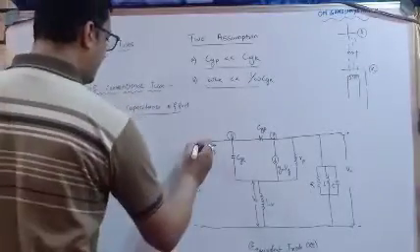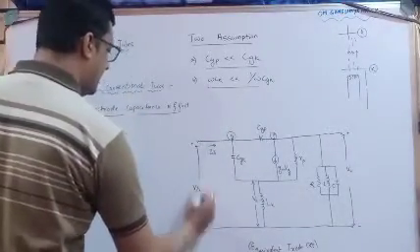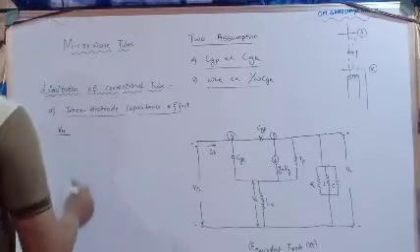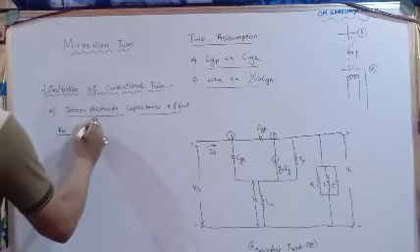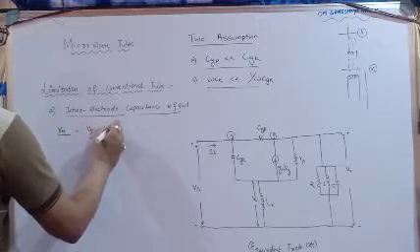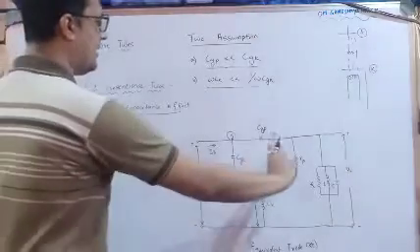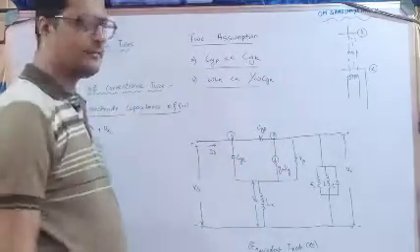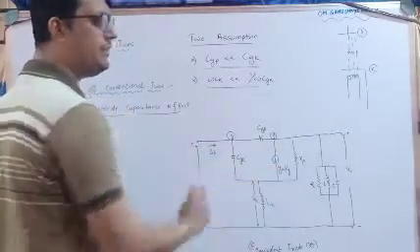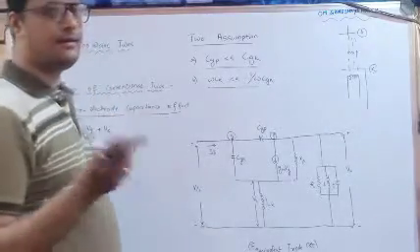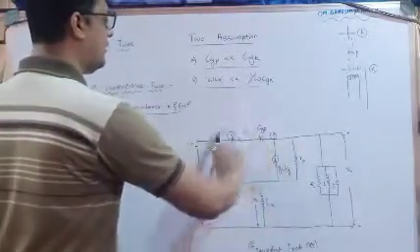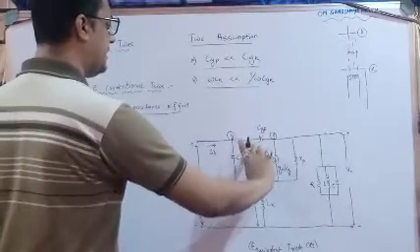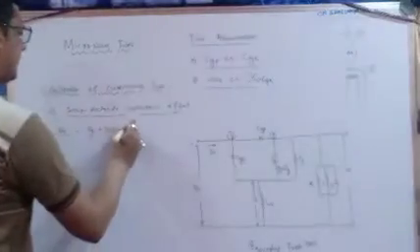First, we need to calculate the input potential. So first, Vin. Vin is equal to Vg plus Vk. At this particular point you can see the total potential is Vg. Why is it Vg? Because Gm into Vg is the current, and Gm is the transconductance value. So Vg is the total potential available here, and here it is Vk. So Vin is equal to Vg plus Vk. This is the first one.